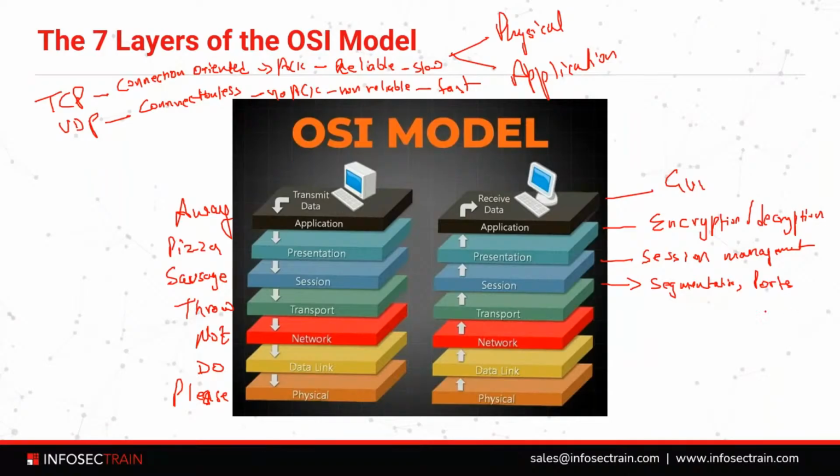Now the transport layer takes care of whether to use TCP or UDP, and it does the segmentation of the packets. That means it will break your data into smaller parts. Now why is breaking of data necessary? Because if I am sending 100 MB of data at a single time, a packet whose size is 100 MB,